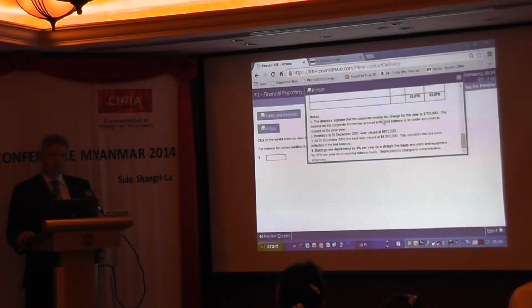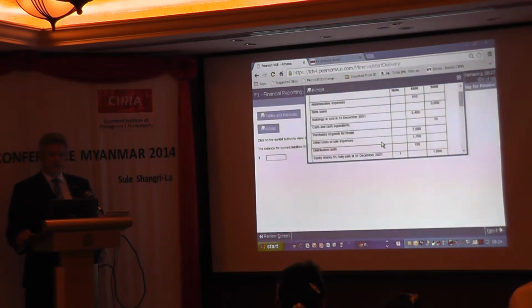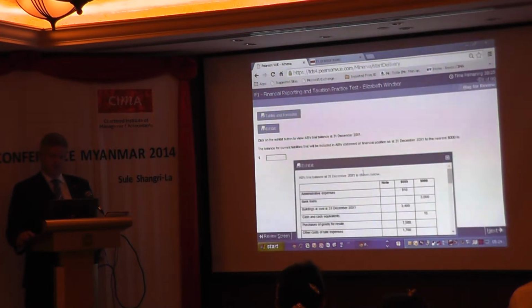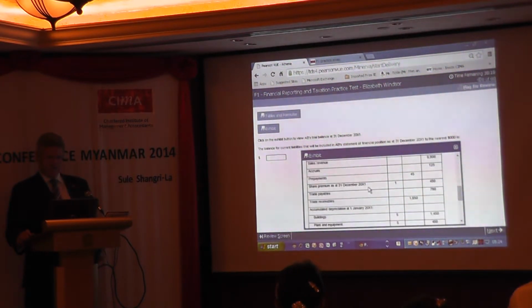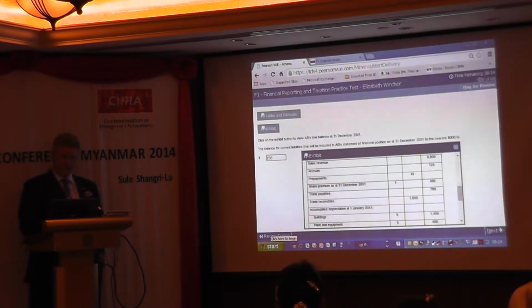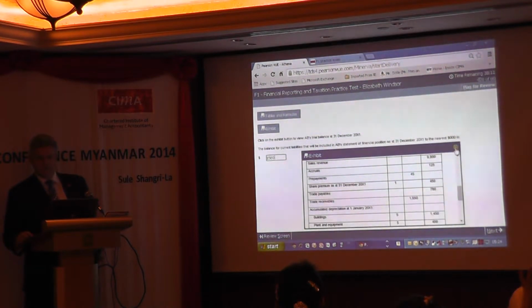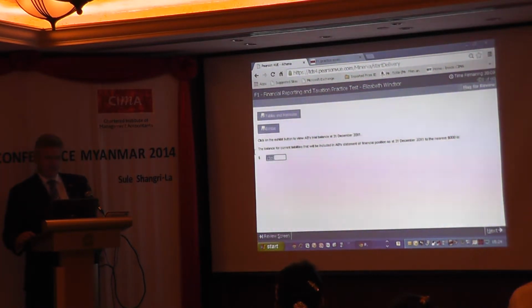These notes about corporate income tax, inventory, land value, buildings depreciated, they've now contributed towards 2 questions. Balance for current liabilities at the end of the year is going to be, I've no idea. So I can put in a number. Now let me just show you another thing. You know when we're writing paper exams, we might think 1,500 should be